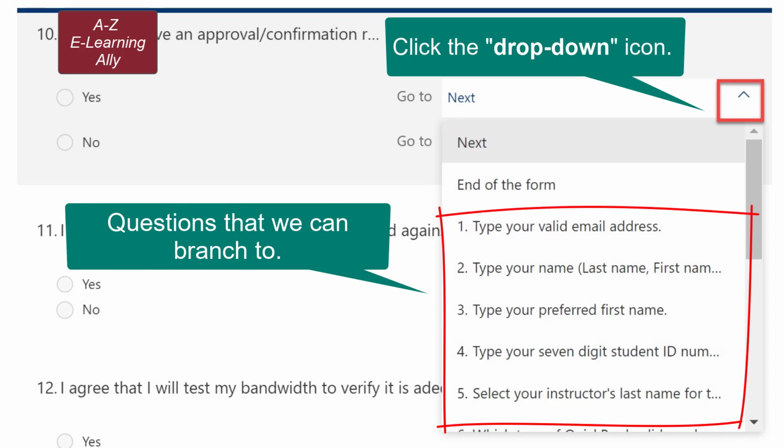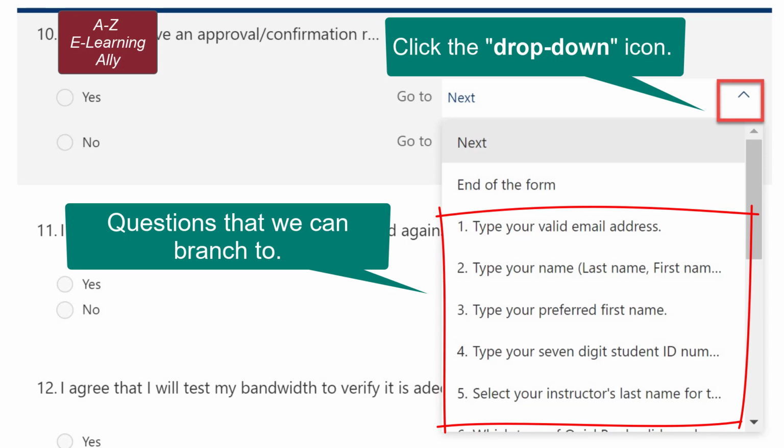If respondents answer yes or no to question number 10, I would direct them to go on to the next question number 11. As I repeated relevant steps, you can do so to insert additional branches to your survey, quiz, or RSVP. Please note that you can only branch to consecutive questions and not a preceding one.